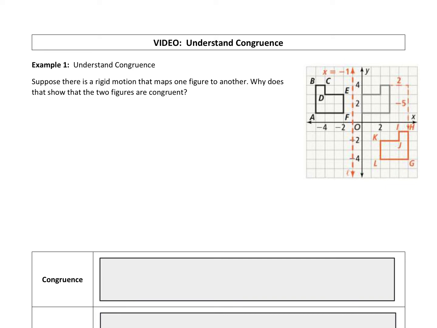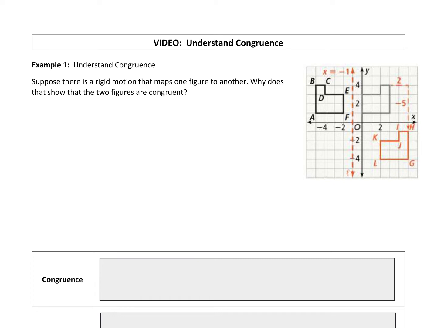First, it reflected across line L, which is x equals -1, to get this figure. And then we did a translation. We went 2 units to the right and 5 units down, and this is our image, G, H, I, J, K, L. All right, so